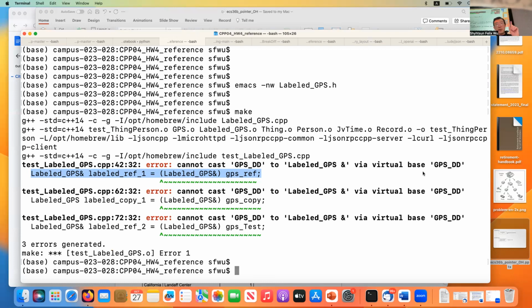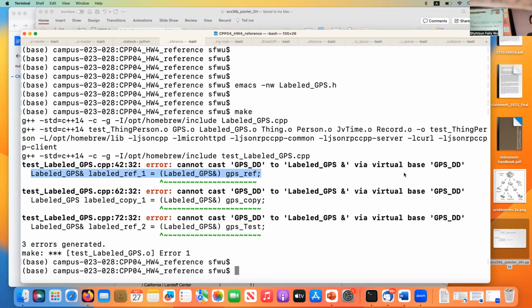Why is that? This is called virtual inheritance because my base class is virtual. Right now I just want to convey that virtual and non-virtual introduce a difference here: you cannot cast down. You can still cast up. The main reason is that the compiler doesn't know how to do it because it doesn't have the information until runtime.